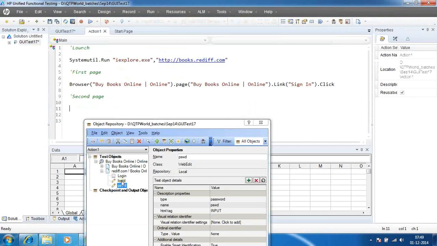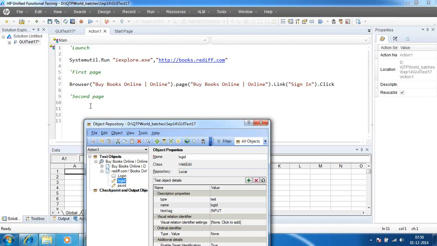Now, if you see here, it's called a text box in general terms when we speak and when we interact with the technical terms. But in QTP, it is considered as WebEdit. Who has decided on this? It is in the AOM, right? As I said in a definition, QTP earlier was developed by the Israel guys and it was owned by Mercury. They have decided in such a pattern that if it's a text box, it should be identified as a WebEdit. So that's why you see the text box as a WebEdit coming up.